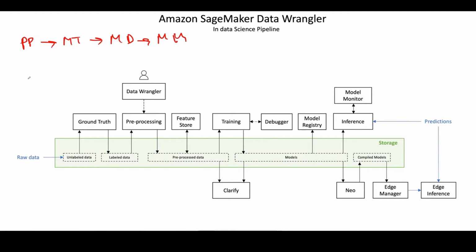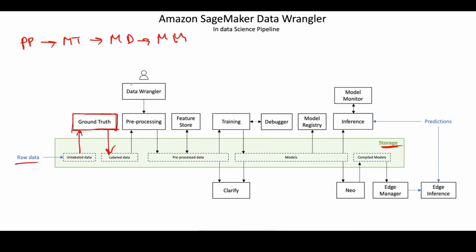This is a more in-depth view of all of that. You'll see how raw data comes into SageMaker as potentially unlabeled data. There is a tool for labeling that data. If you are building a supervised machine learning algorithm, you would want it labeled. And you can see how Ground Truth brings in unlabeled data from this storage layer,